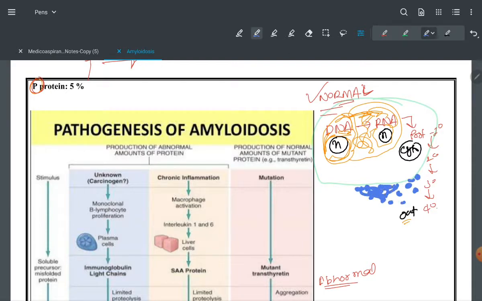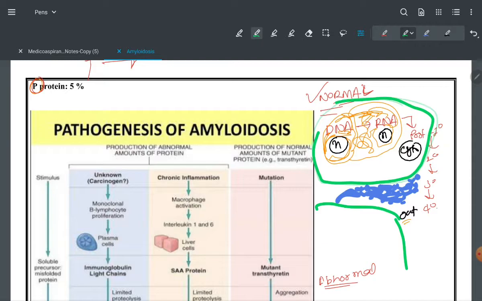Okay, then they will combine and they give the result, when in the stain we will identify this, that yeah, there is a problem, and that's why we will say it is an amyloid. It is simply a cell structure, right? And when we talk about the extracellular accumulation, so here it is amyloid, right?